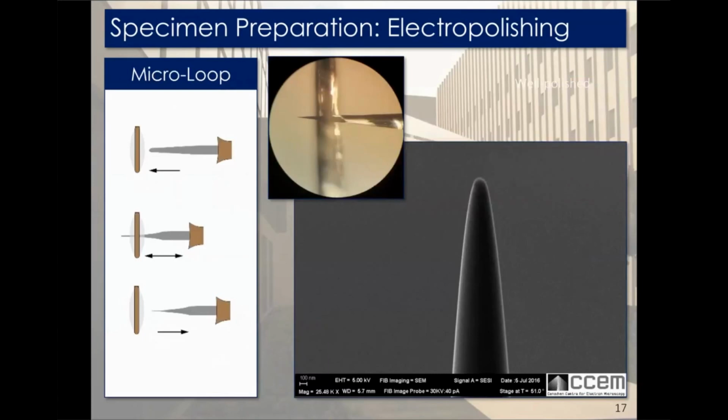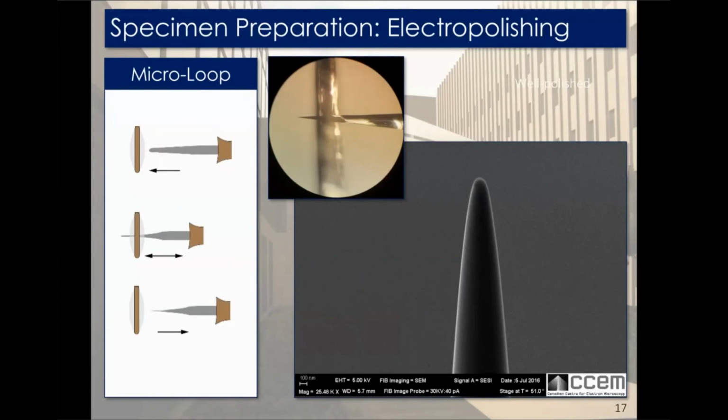Showing it a little bit more clearly here, the image in the top center is a view from the optical microscope looking down. There's no droplet in that loop right now, but you can see the wire loop and then the sample going through that. The process is shown by the schematic on the left. We want to introduce the sample all the way through the droplet so that most of the polishing will be occurring at the meniscus between the droplet and the sample. And by moving the sample, and moving where that meniscus is on the far side of the sample where it's sticking through the droplet, we can sculpt that tip down to that fine scale that we need